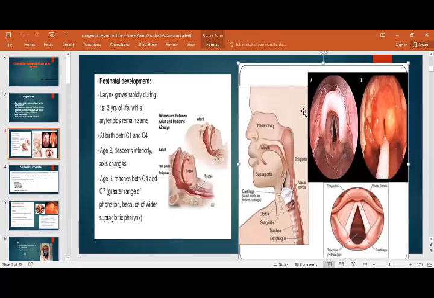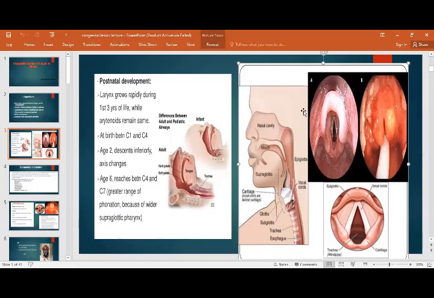shortening of the larynx? The major effect is that neonates are nasal breathers. So during feeding, the shortened larynx will elevate and close the air passage, so they can breathe as well as feed simultaneously. And this is very important for newborns, infants, kids. Other differences are that the cartilages are very